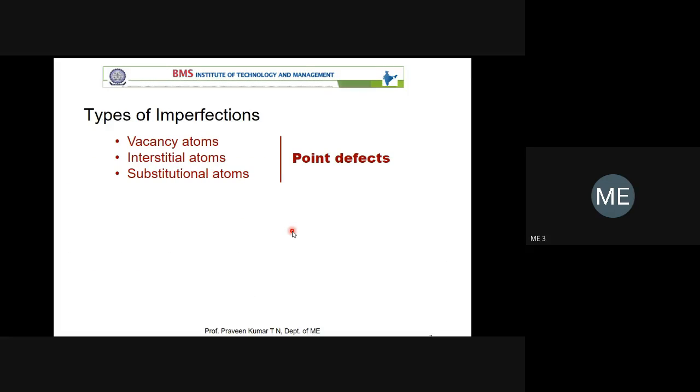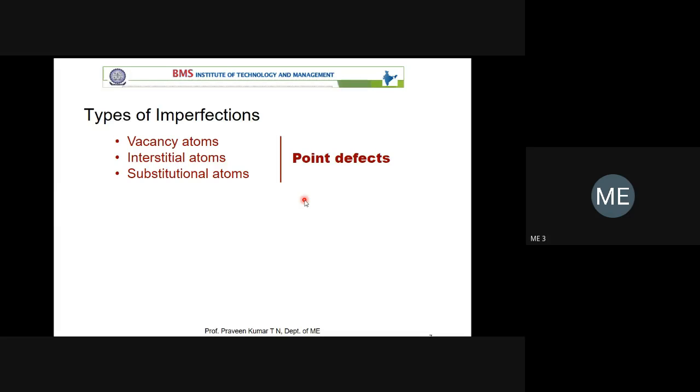If only one atom is missing or only a few atoms are missing, those come under point defect. Point means one atom is missing at one place, then it is referred to as a point defect. Suppose one student is absent in the physical classroom, there is one vacancy, that is nothing but a vacancy. If you have an interstitial atom, your class number of benches may be 25 into 2, means 50, so only 50 can be accommodated. If we add one more person, he may stand somewhere in between, then it becomes an interstitial atom.